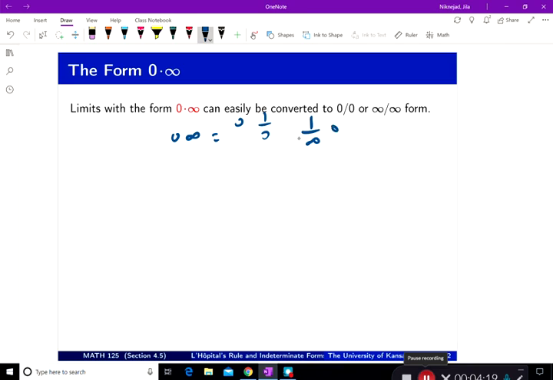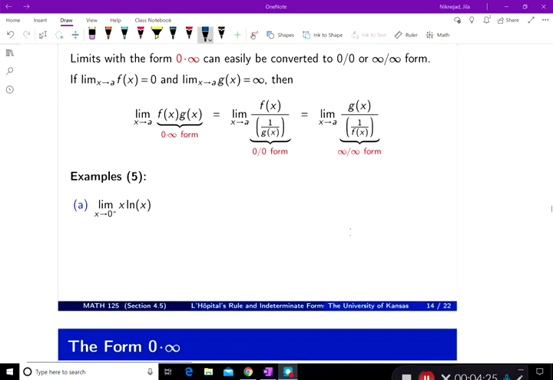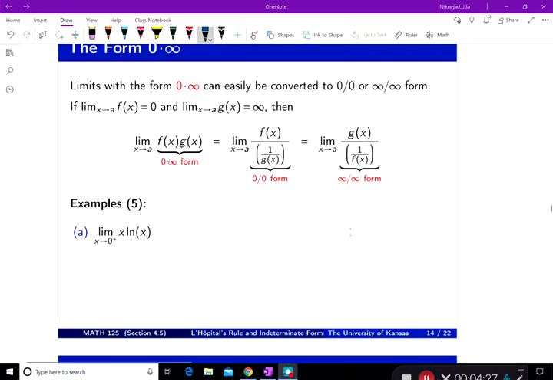So one of these methods usually works. And so let's do this with examples. This is a 0 times infinity form, so you write it as the function that goes to 0 divided by 1 over the function that goes to infinity, and then you get